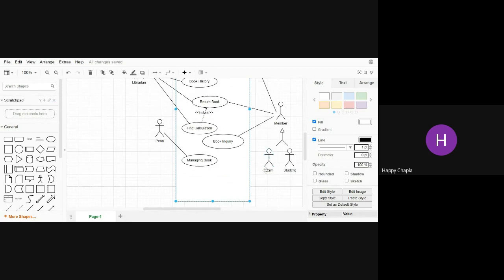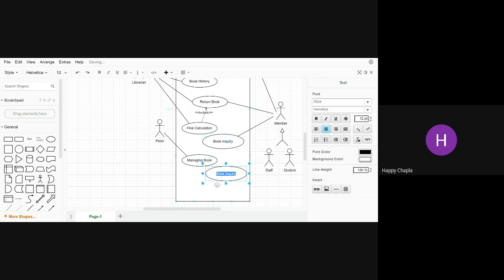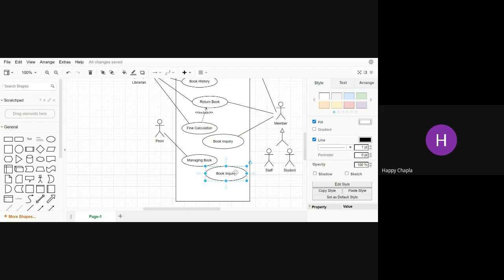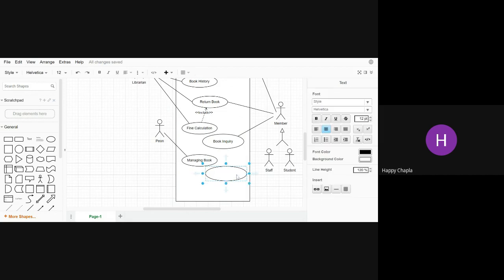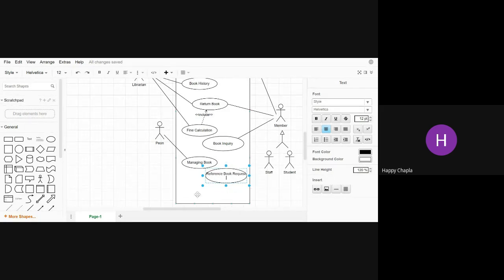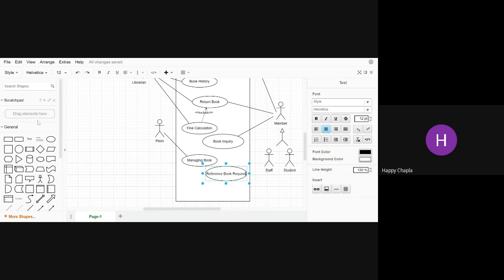Now if we are generalizing into staff and student, so staff may perform this.